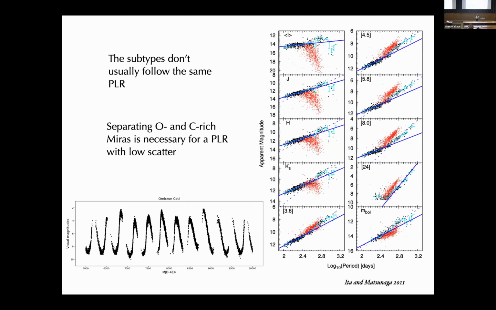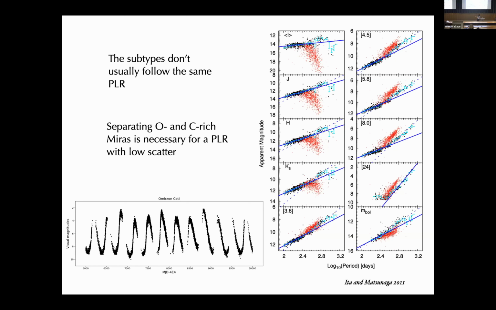So the two spectral subtypes of Miras don't follow the same period-luminosity relation though. Here are the oxygen-rich ones in black points and the carbon-rich ones in red. And you can see that the carbon-rich ones, especially at these shorter wavelengths like I, J, H, K, have a lot more scatter. Now, this actually looks extra bad because all of these are single epoch measurements, but I